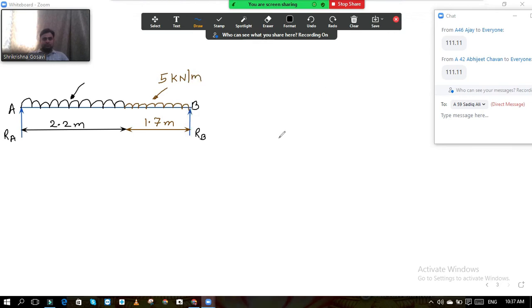See, unless and until you tell me the value of this load, how can we proceed further? So it means that you are not following on a daily basis what is happening in the lecture and what we have learned in the last lecture. What is the total load value? So total load is 13.72 and estimated load is 20.56. Then why is this much time required? I don't know.